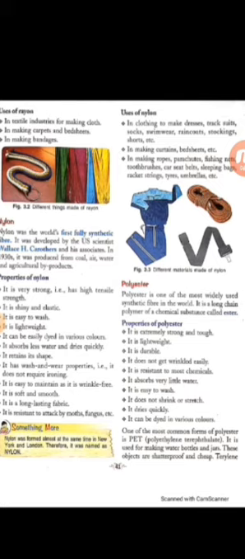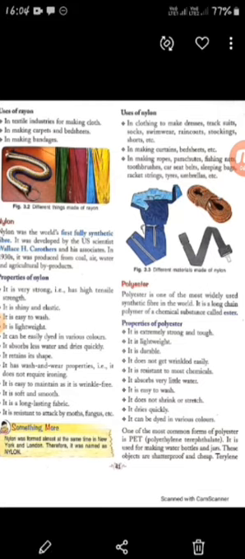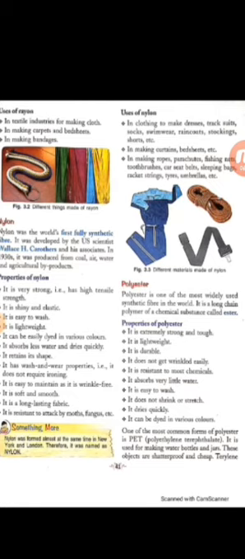Properties of polyester. It is very strong, very durable, and resistant to chemicals. Polyester does not shrink. Shrink means that, like natural fibers, its length does not become smaller after washing. It is hydrophobic in nature and dries up quickly. Polyester does not absorb much water. It retains its shape. Its shape is always the same. It is easily washed and dried. It means it is very easy to wear.